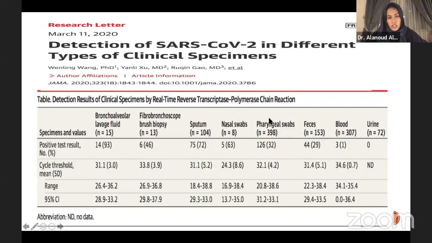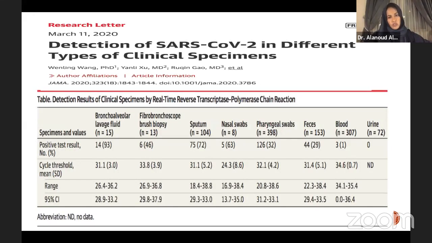Feces, here it can last for a while. So we have a huge problem with PCR, because that means we learned from this study the PCR depends on the source of the specimen. And apparently, the deeper you get your sample, the higher the yield. Meaning, if your pre-test probability, and this is a very important lesson, if your pre-test probability for COVID-19 is high, based on the direct exposure, unprotected, even if you get a negative test, you should continue to treat yourself as positive,